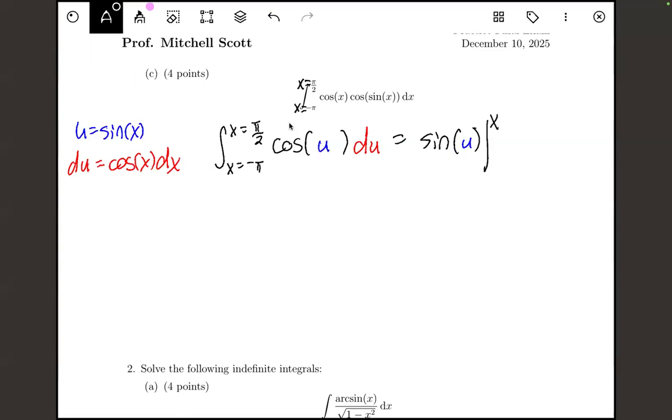evaluated at x equals pi over 2 and x equals minus pi. And you might wonder why we can do this, right? Because I said early on we need to either go fully into u mode, where all of our bounds are in terms of u and our du, and we have a function of u here. And absolutely that's really, really great. But if you forget that, right, we still know what u is. So we know that this just equals sine of